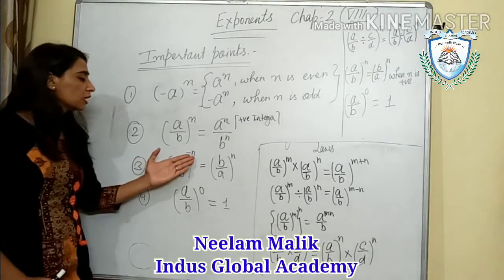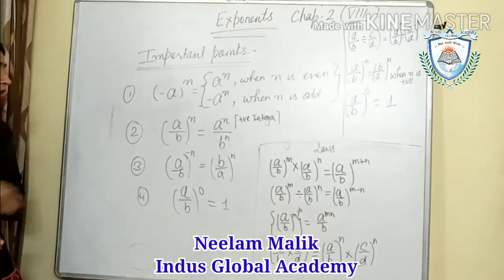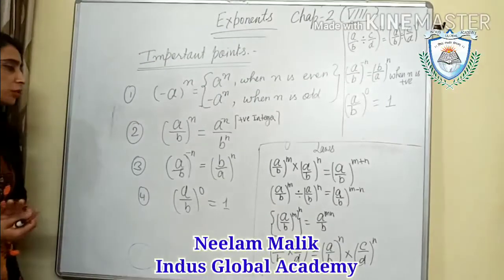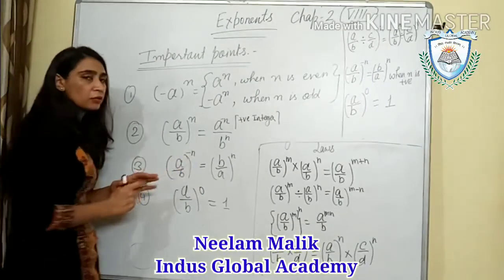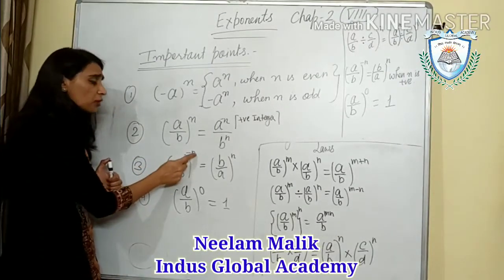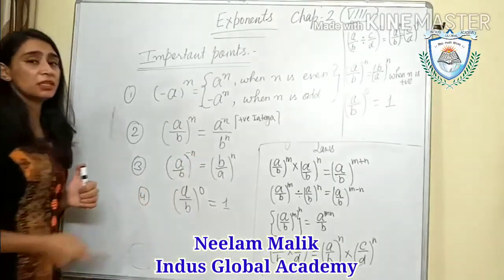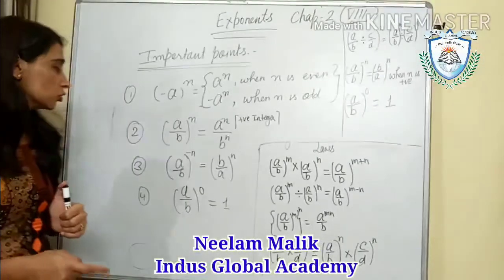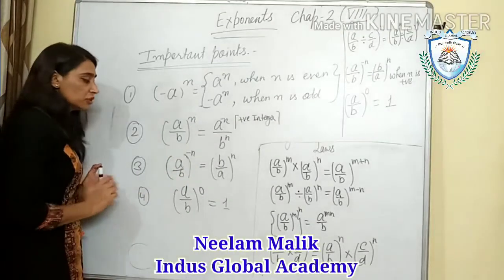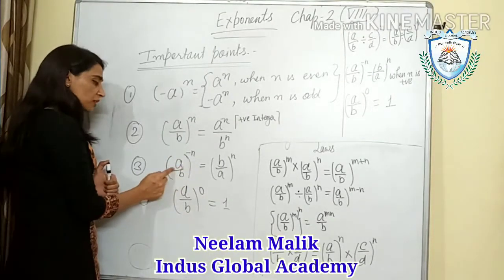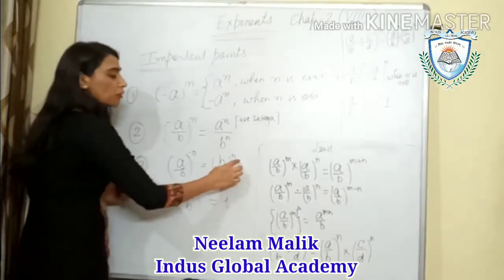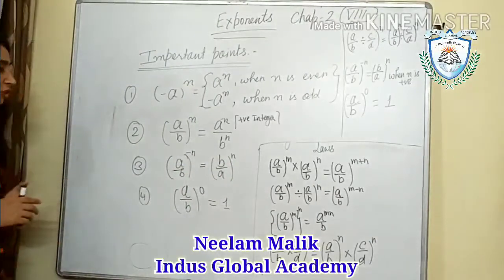So our number will be like this for the positive power. Suppose we are having any negative power. What we will do here, as I also told you in the previous chapter, when the power is negative, it means the inverse is given. So we will take the reciprocal of this, and the power will be positive. So (a upon b) to the power minus n will be equal to (b upon a) to the whole power n. The power will be positive.